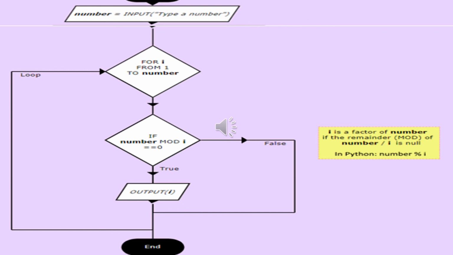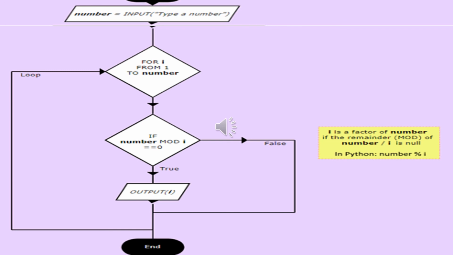So it will check if 15 mod 1 equal to 0, and it will give true. The remainder is 0, so it will give the answer 1. Next it will go back upward to the first diamond symbol and again it will check, now by incrementing I. So every time the loop moves back upward, it will increment by 1.